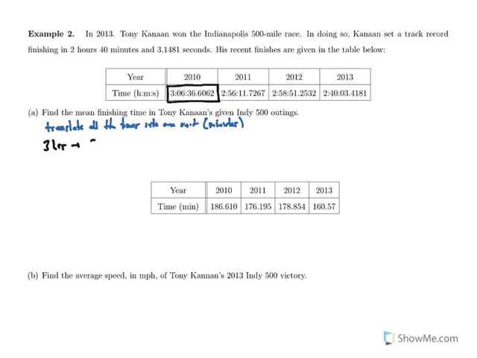The 3 hours we can write as 3 times 60, or 180 minutes. The 6 minutes is already there. That's already going to be 6 minutes. And the 36.602 seconds